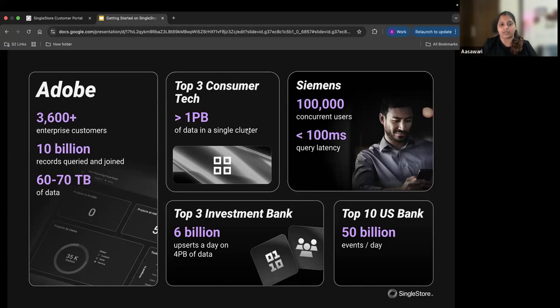Around 3600 plus enterprise customers have been exploring SingleStore through Adobe. Similarly, you have the example of Siemens, where around 100,000 concurrent users have been using the Siemens platform, and under the hood they were using SingleStore, where they could see a huge drop in query latency, where a lot of things in their entire existing ecosystem were reduced, and that led to a lower query response